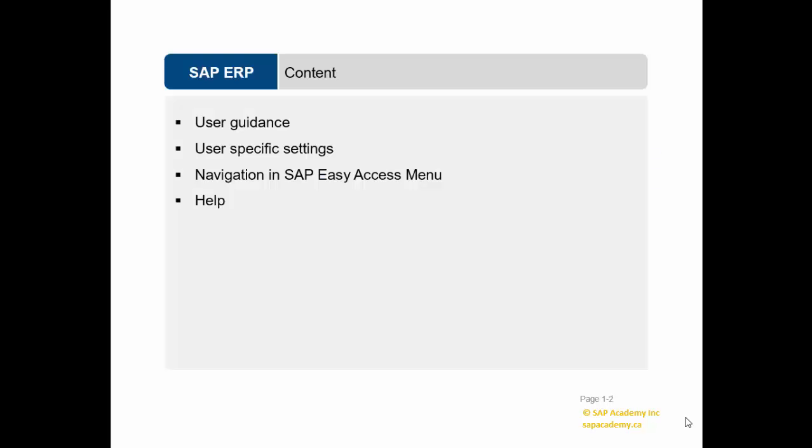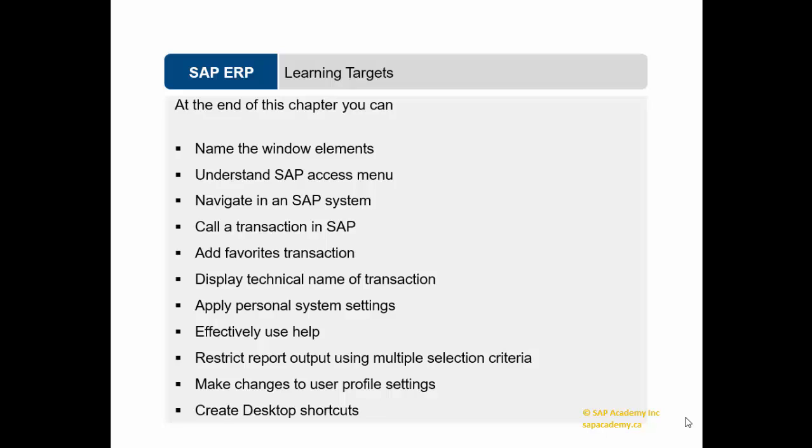Contents that are covered in this topic are user guidance, user-specific settings, navigation in SAP Easy Access menu, and help. Some of the learning targets at the end of this chapter are name the window elements, understand SAP Access menu, navigate in an SAP system, call a transaction in SAP, add favorite transactions, display technical name of transaction, apply personal system settings, effectively use help, restrict report output using multiple selection criteria, make changes to user profile settings, and create